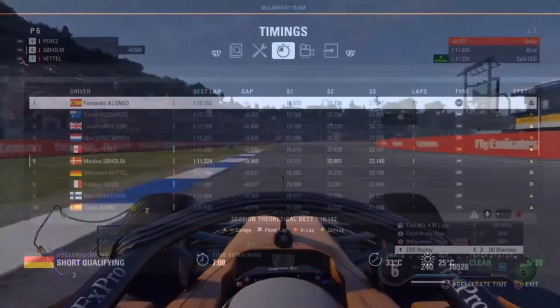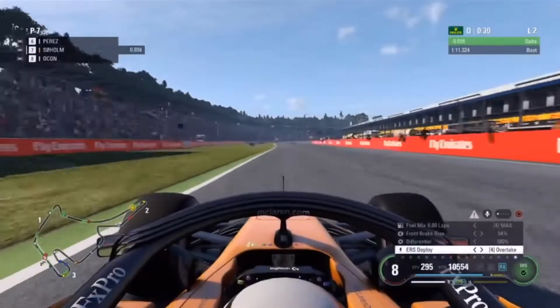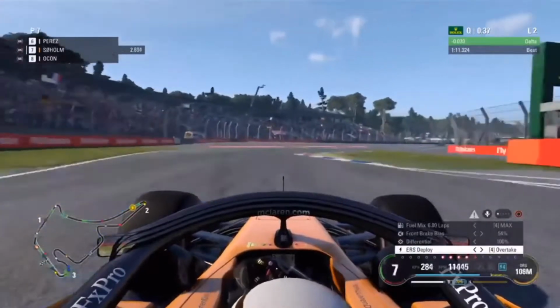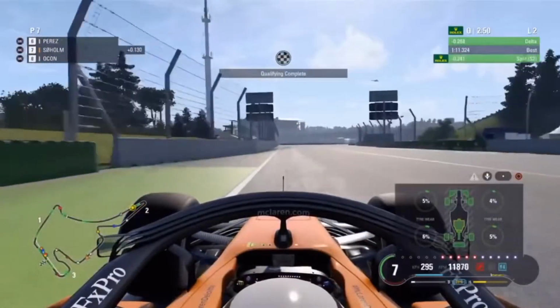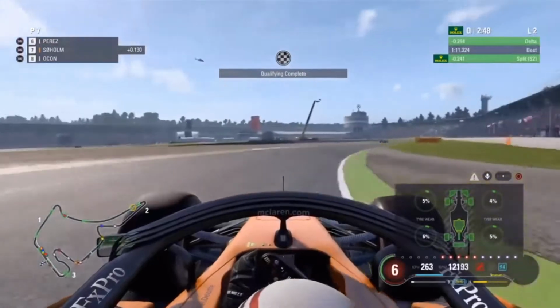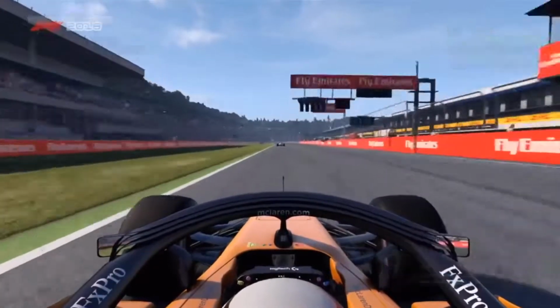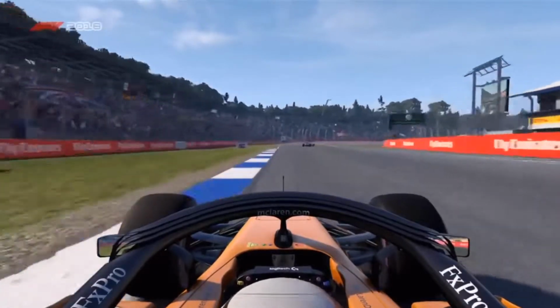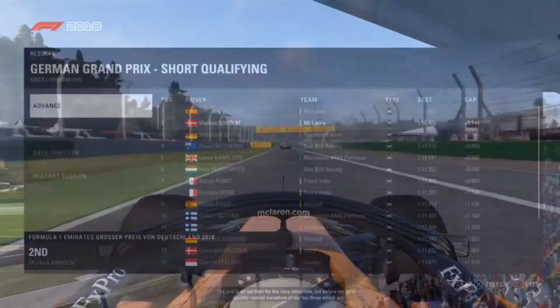It is a 1:11.3, which is not fast enough at all. We're down in 6th place at the moment, dropping down still to 7th. So we're going out for another one. You can see always by turn 1, we're almost 1/10 up, and by Mobil 1 in the arena section, we're 4/10 up. We're gaining so much, and we're 8/10 up, and we qualify in 2nd place